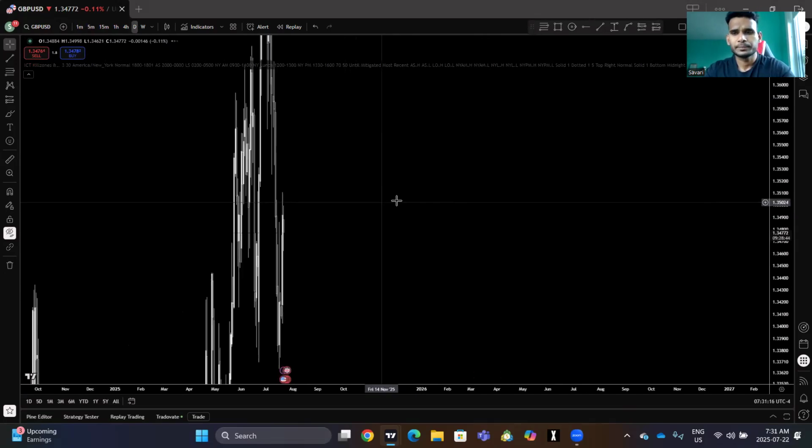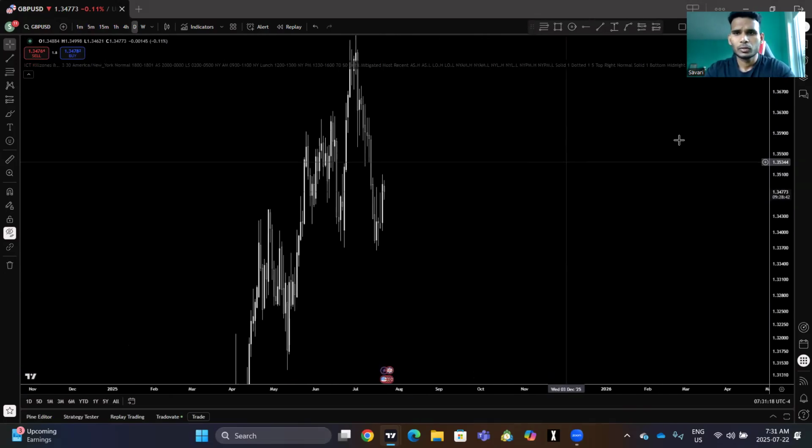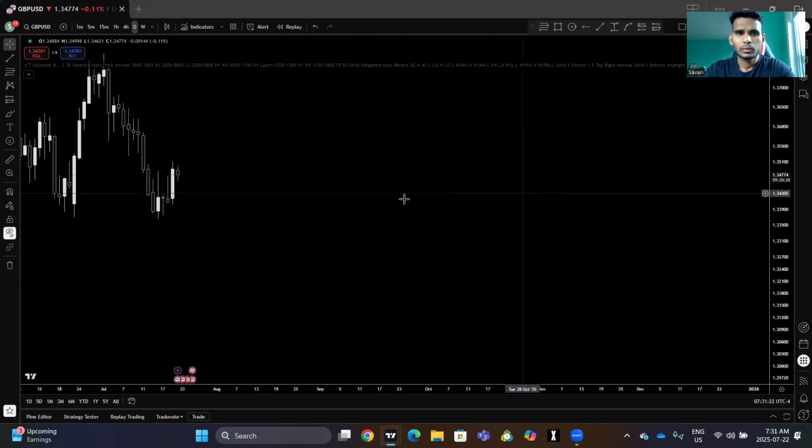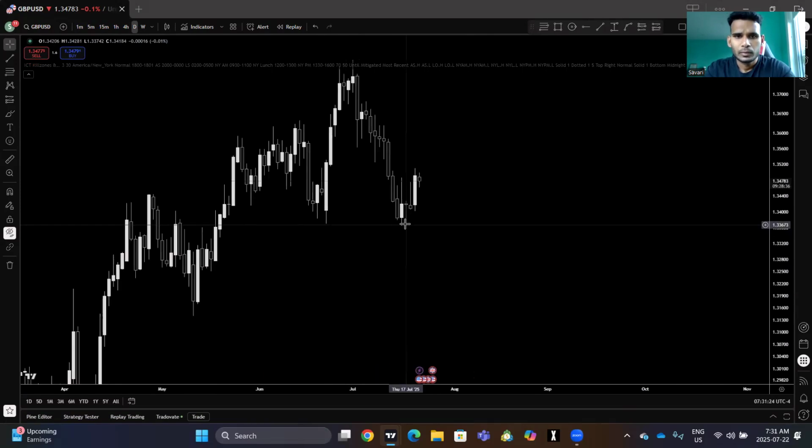I'm just going to go to the daily time frame and explain why I planned to short. The plan is very simple, bro. This is the previous day candle, the big bullish candle, and as soon as price swept the previous day low, it started to expand higher, and I anticipated the target was going to be this high,